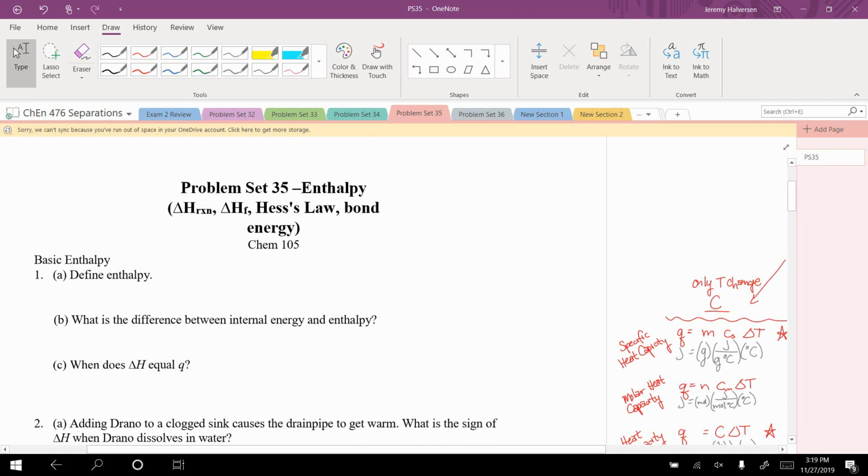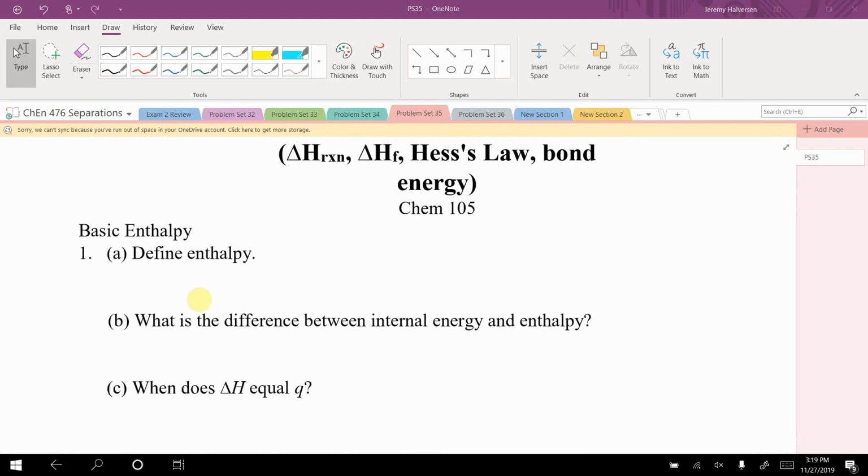So let's talk about what exactly enthalpy is. Enthalpy refers to the total energy of the system. Previously we've talked about energy, but that was specifically talking about internal energy, which is the energy that has to do with the actual molecules that exist in a system. So the energy inherent in those molecules. Enthalpy now, which is H, is going to equal that internal energy, but then we also add on to it